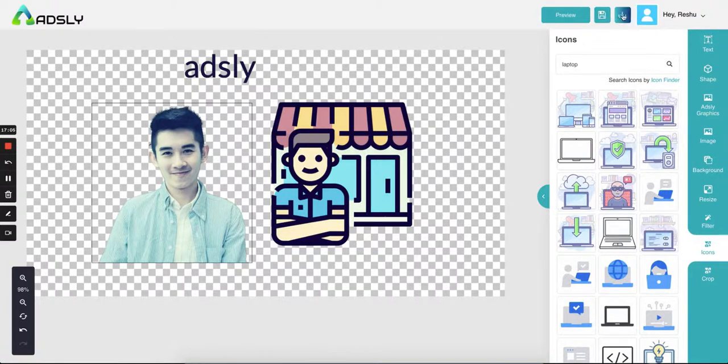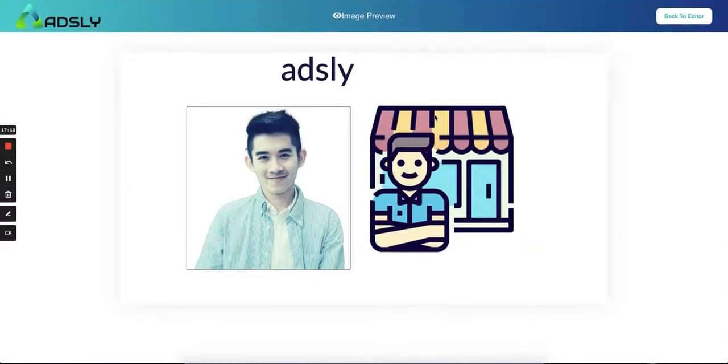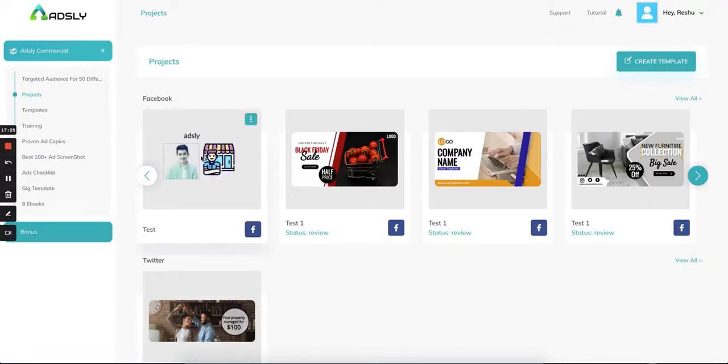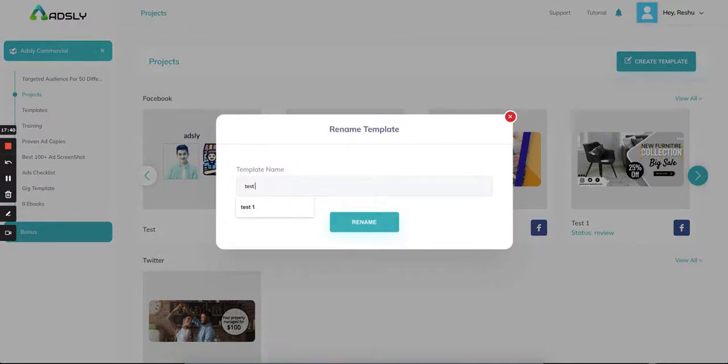If you need to download, I already showed you, you can use this option. If you need to preview your ad before saving or downloading it, click on this option. This is how your ad will look. Go back to the ad editor and you can save your ad over here. Now when you save your ad and go back to the dashboard, here is your ad. For example, if you need to edit it, copy it, delete it or rename it, you can do it from here. By copying, you will duplicate it. By deleting, you will remove it from your dashboard. And by renaming it, you will give it some other name.